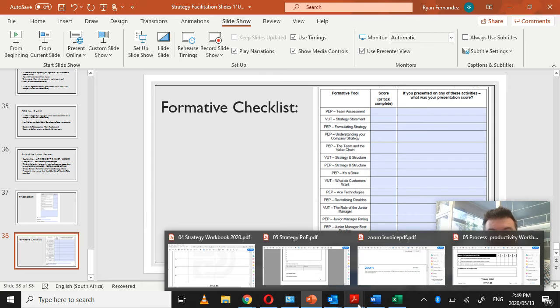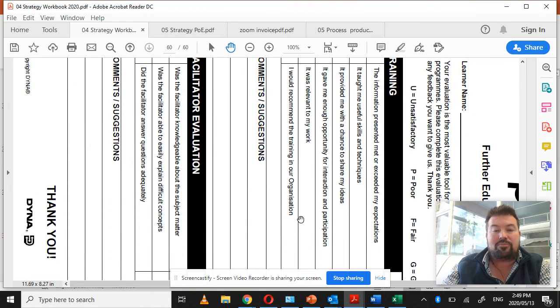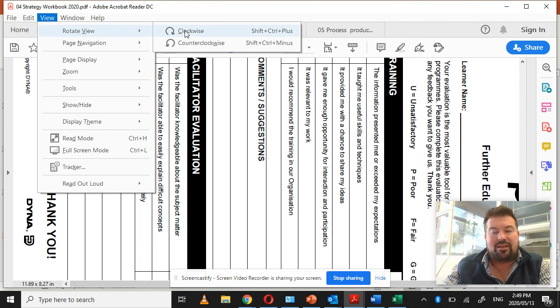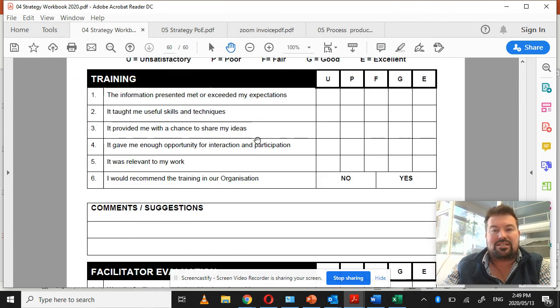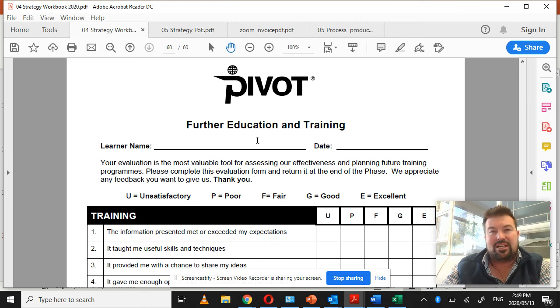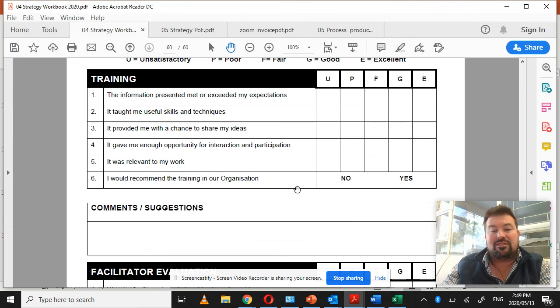The last thing that you're going to do, and this is quite an important thing if it is possible for you to do it, is in your workbook, the last possible page is something called the PEQ. PEQ is just our way of saying a survey with some feedback for us. So let's rotate the view. We're going to do this one counterclockwise. All right, so here it is. It's in your workbook. It's on paper for you. So you're going to put in your name, your date, and you're going to give us some feedback.